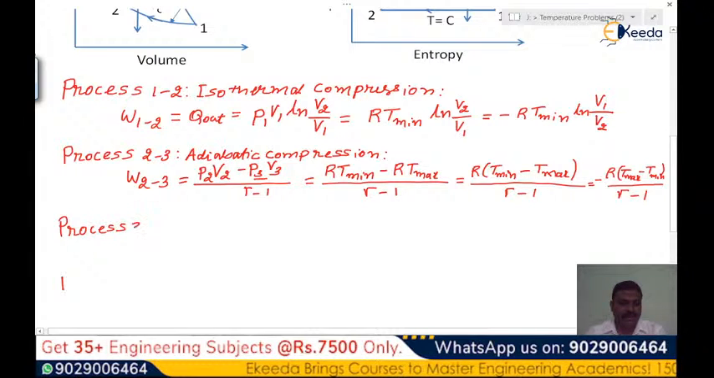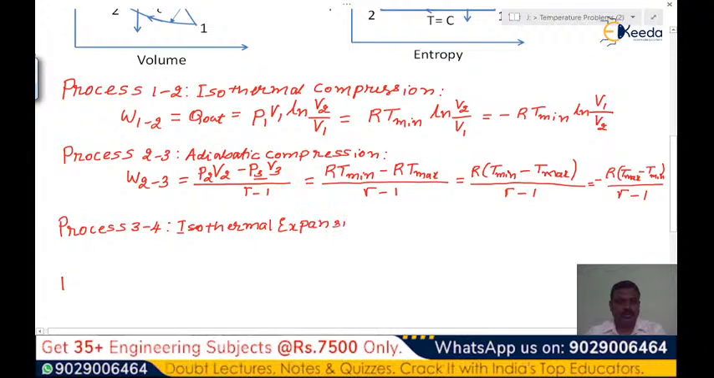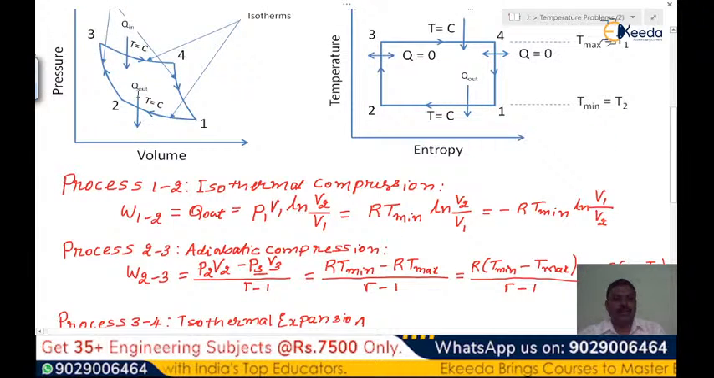Process 2 to 3, it is process 3 to 4. It is isothermal expansion. So during this isothermal expansion,